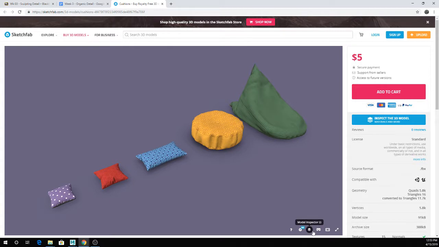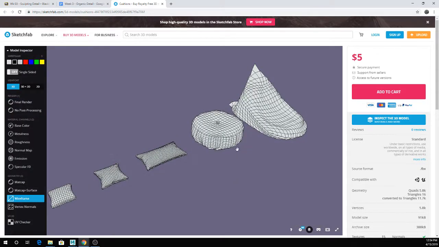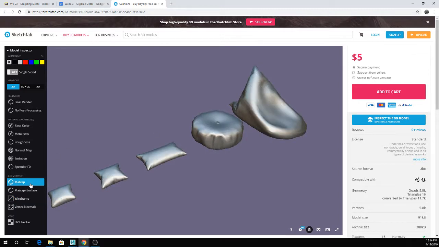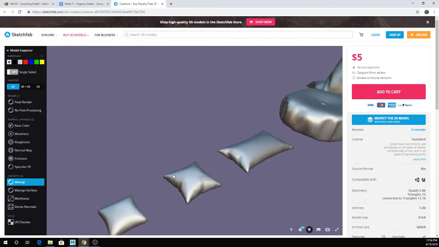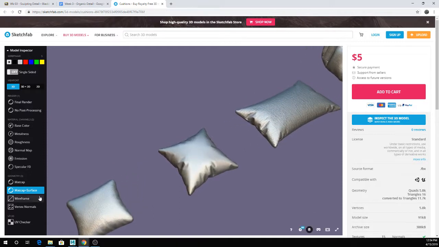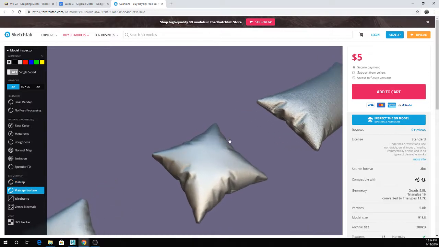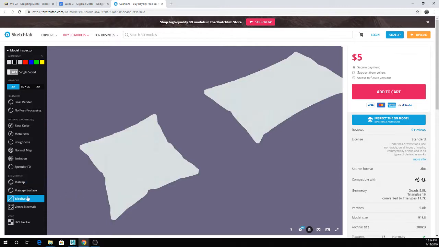If you go down here, right at the bottom of the screen, you'll see this little stacked view thing. This is the model inspector, so if you click on that, you can see the wireframe of the base meshes here. You can basically see it as just a mesh with a sort of shiny texture on it. Matcap and surface is the basic mesh plus any normal or bump maps that you have on. So you can see if I toggle between, this is the base mesh,